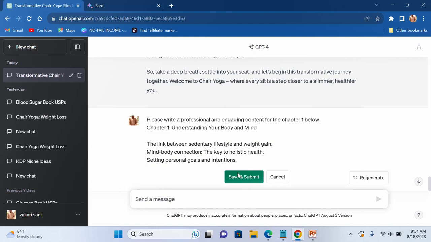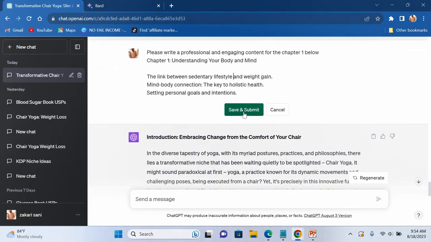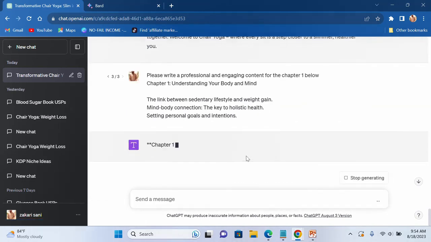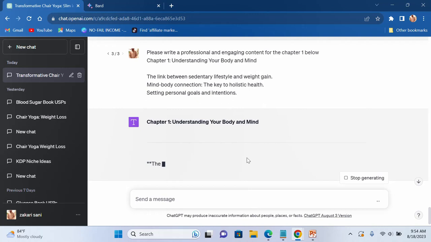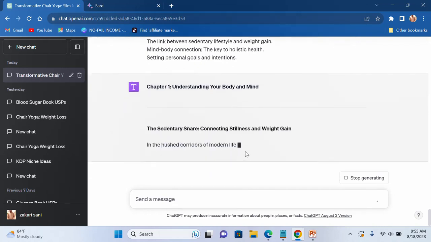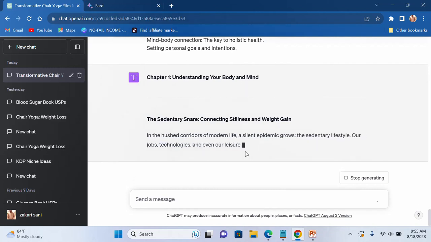So click on submit. Now click on submit and let's allow it to start writing. Now it has started writing on chapter 1. You can see. So now that is how ChatGPT is going to give you quality content that your customers or